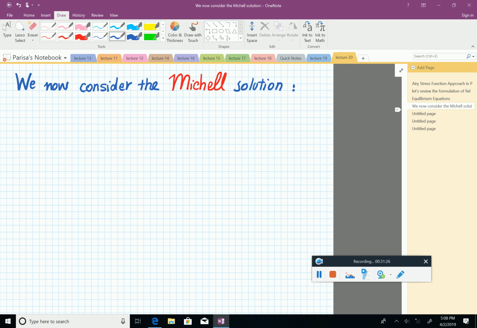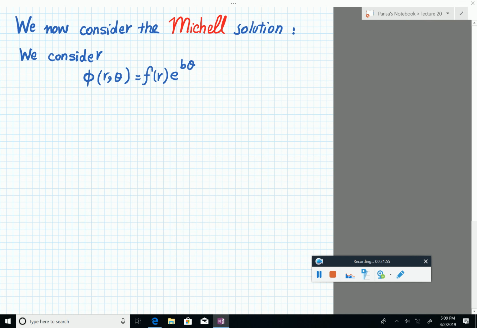So we consider a solution which has this form. If we substitute this solution in the biharmonic equation,